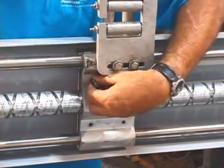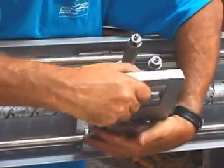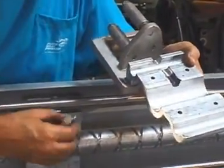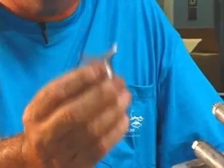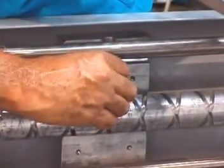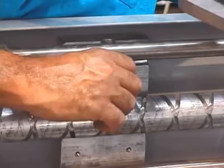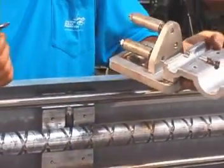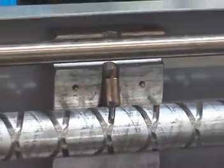To remove the level wind pawl, simply loosen the 4 cap screws and remove the split double bar guide, and inside you'll see a small stainless steel crescent cylinder that is actually the tracking mechanism that fits into the slot on the double bar on the diamond cut shaft and tracks the level wind assembly across the length of the reel. Simply remove the pawl. If it appears to be worn, it's time for a replacement. It's easily replaced by reinserting it and reassembly,